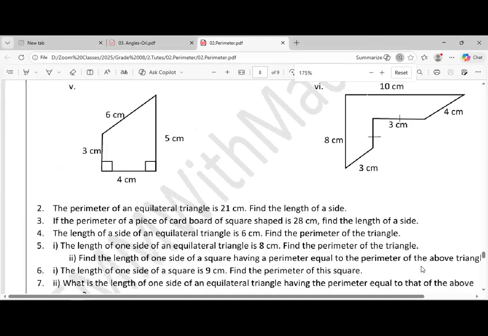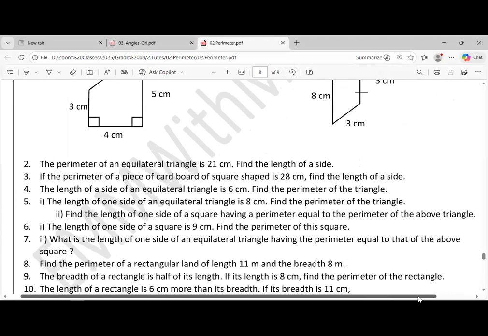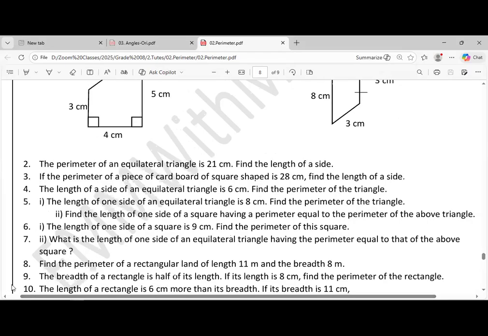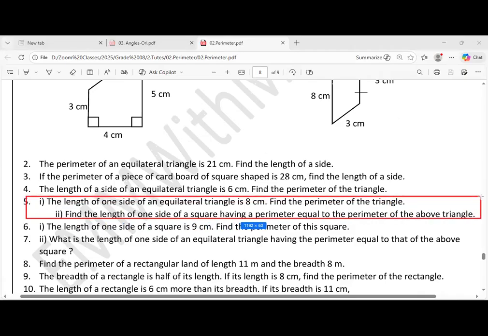So how are we going to do the fifth one? Right? I'm going to do this one. This one. Right? Okay. Now